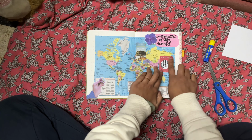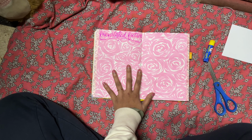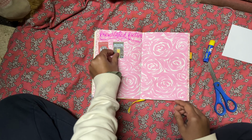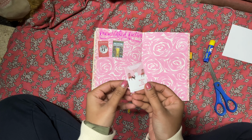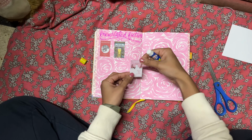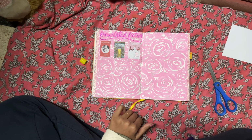But as you can see, I've got big plans for February, so I'll probably be able to cover North America and Africa as well. Then I have the translated fiction spread, wherein I want to keep a record of all the translated books I've read. In the beginning I thought it would be good to have a record, but then I've realized that maybe,